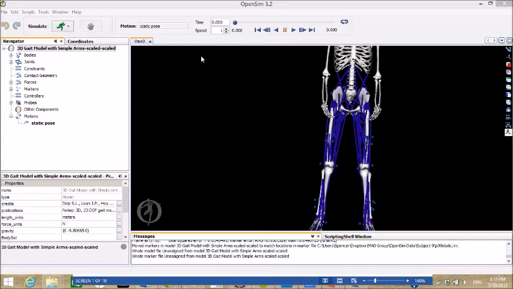So for example, if you want to do inverse kinematics and computed muscle control and a bunch of different analyses for the same subject, then if you do not go back and rescale the model, its default is to keep the new scaled measurements with that model. Same applies if you do a different